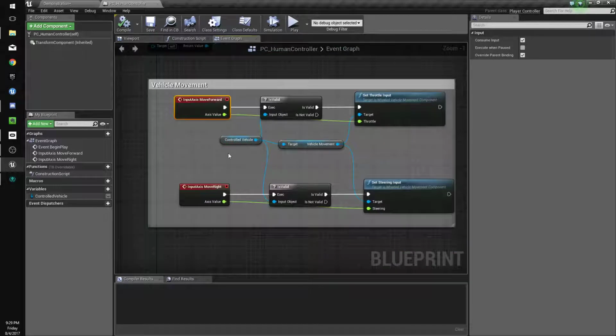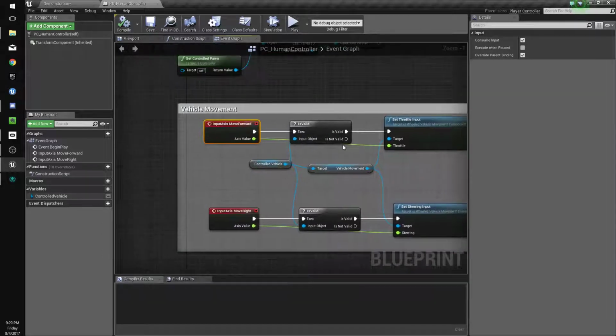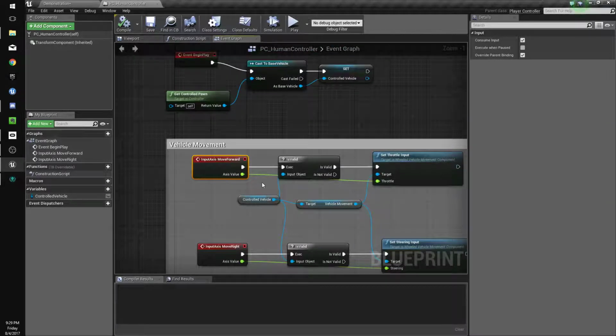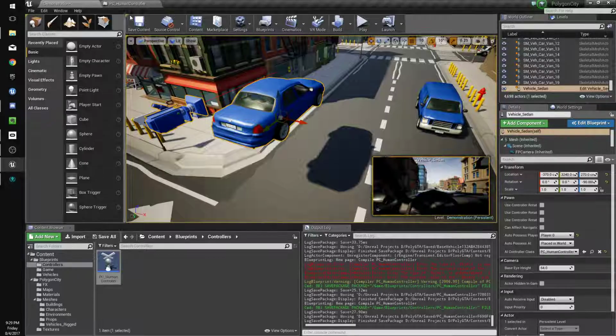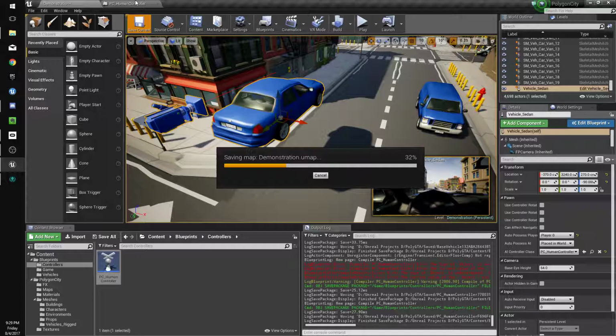so if this is not valid, we're going to get our human. The reason we're doing this is so we can have our human and control him with the same controller. So, save that, and now we'll do